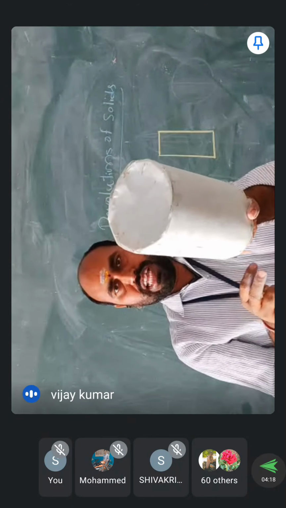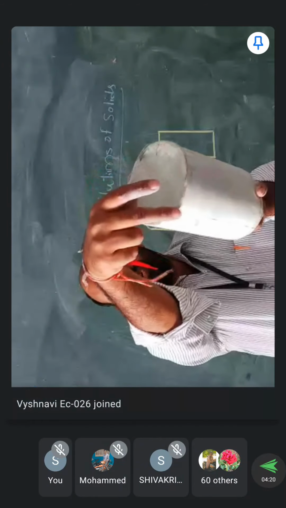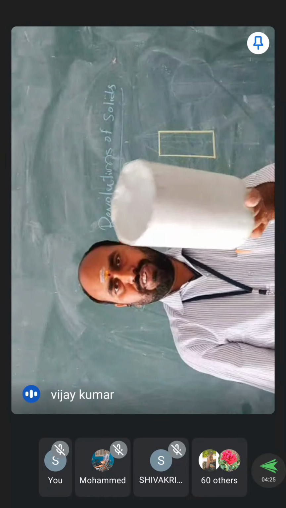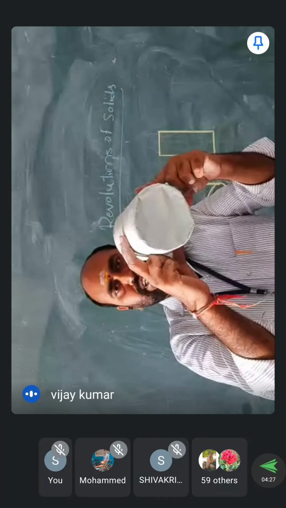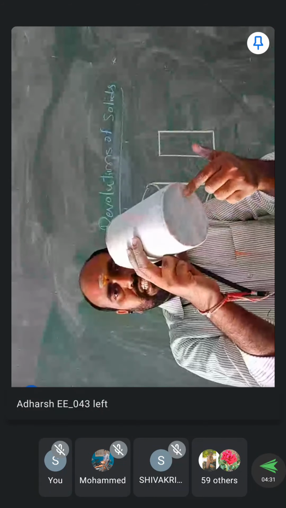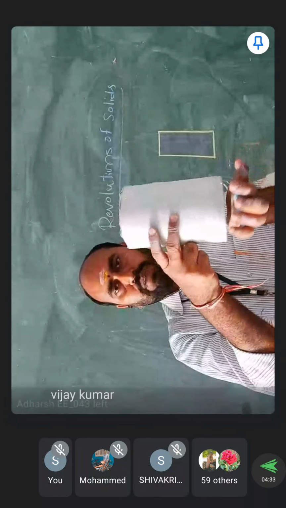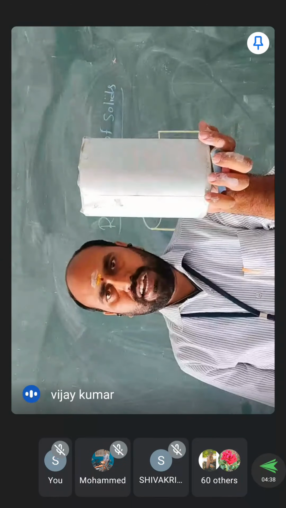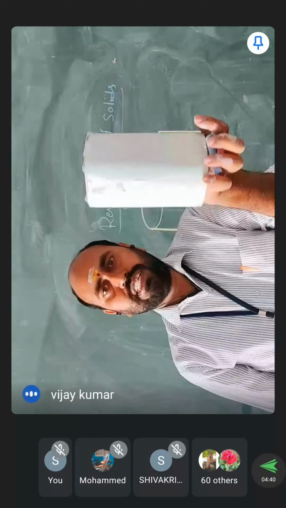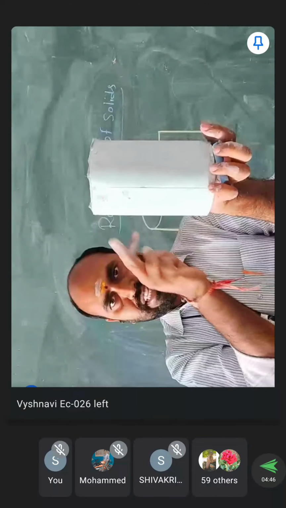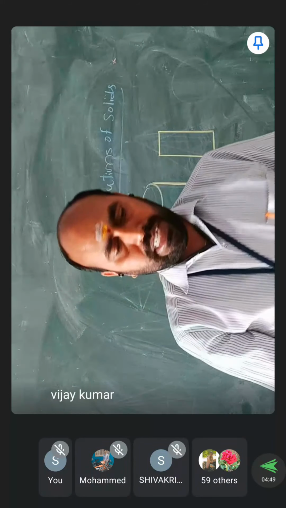But when I am showing it like this, you can clearly observe the top circular face, and when I am tilting this particular solid like this, you can see the base of the cylinder in circular shape. But when I am just placing it or standing it on my hand, you see a rectangle, not showing any circular faces or base. It only appears as a rectangular box.